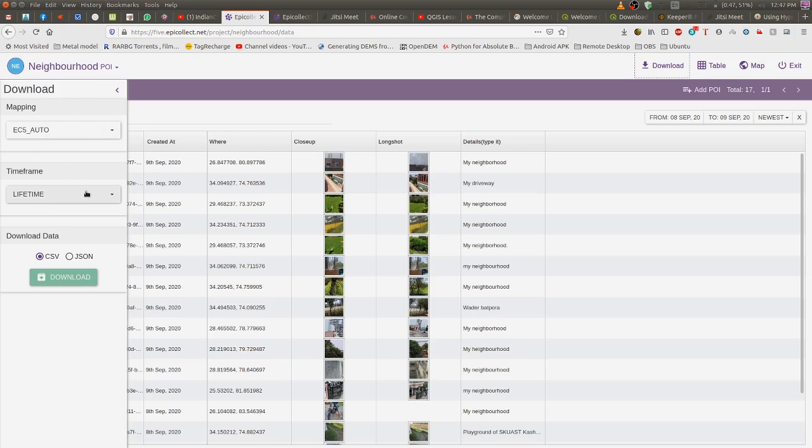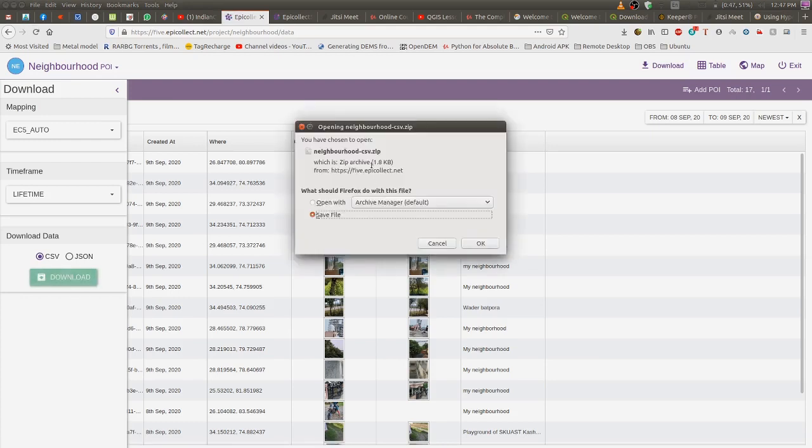We will select lifetime, or you can select data collected on a particular date. For us, we are interested in the entire data, so let us click lifetime, choose CSV, then download. It will be downloaded as a zip file, and let us keep it in a folder.